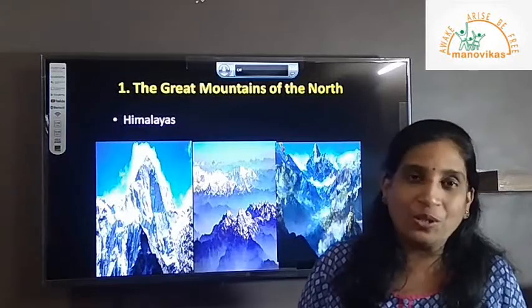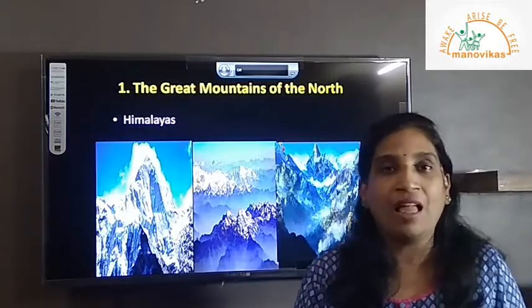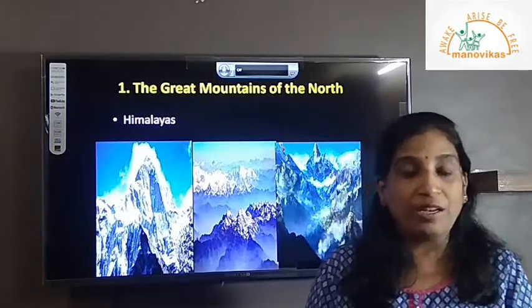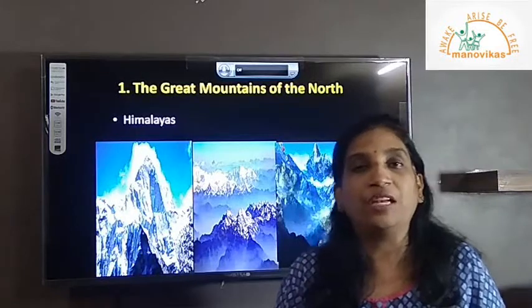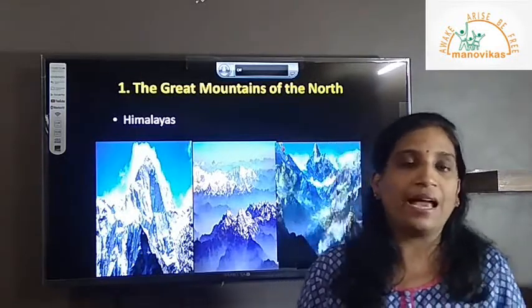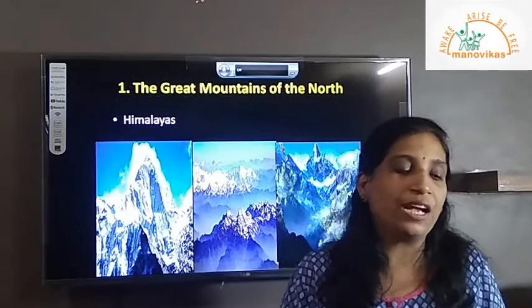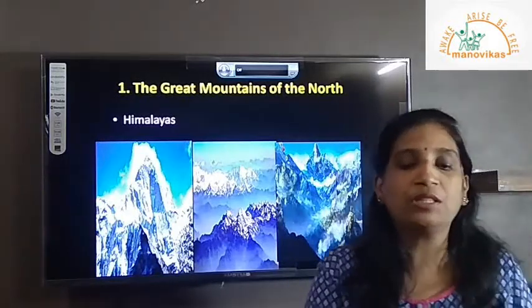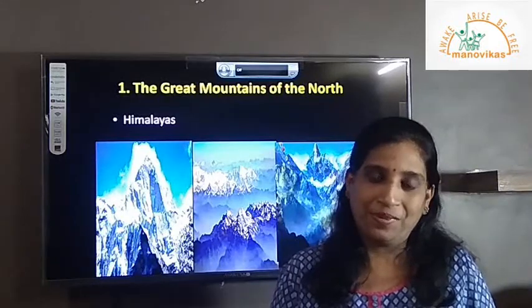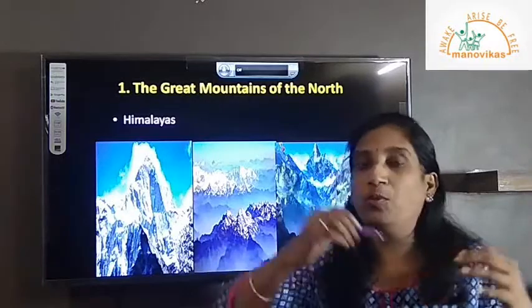And as we all know, these huge mountains which stand very, very tall in India are mostly located in the north part of India, what we call the Himalayas. They form the first physical division of India, which geographically we name the Great Mountains of the North. They stretch right from Jammu and Kashmir. They move down